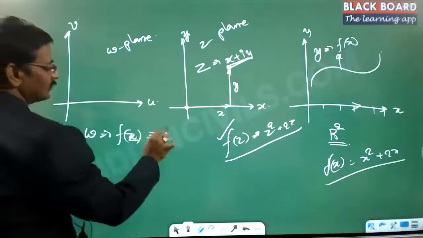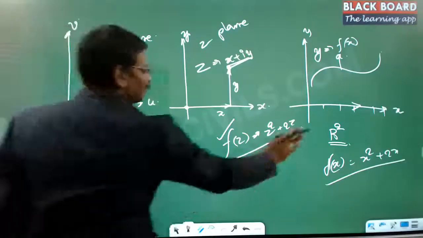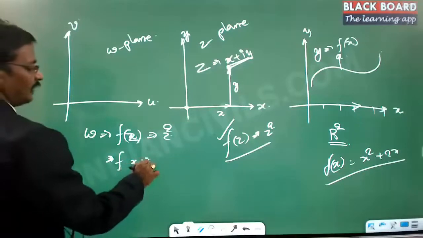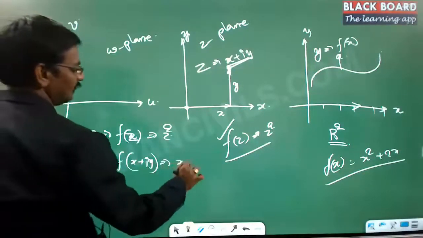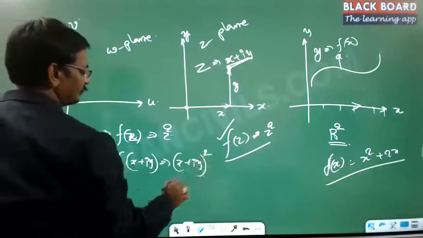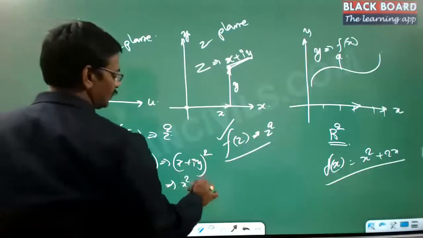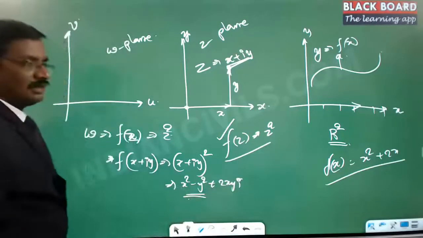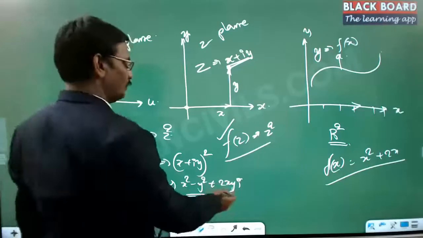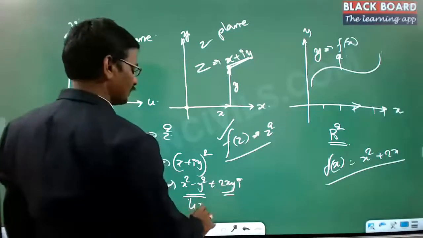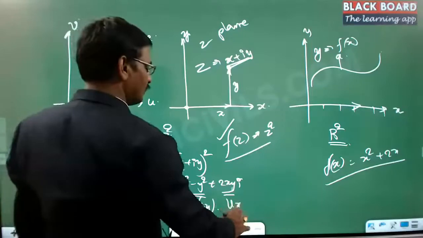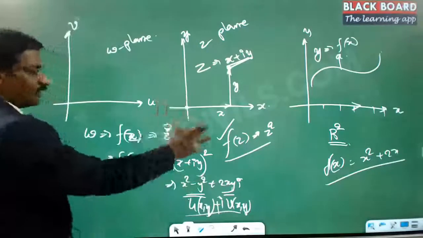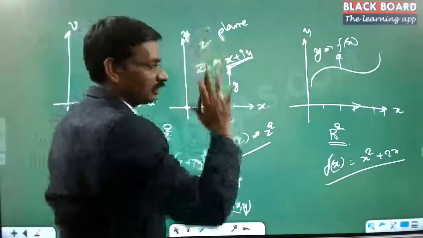Let us say this is simply z square. Then f of x plus iy, and this is the z value, right? So this is x plus iy whole square, and this is x square minus y square plus 2xy into i. Now this portion does not involve any imaginary part, and this is purely the imaginary part. This is u of x comma y, and v of x comma y is this one. So this can be written as u plus iv,